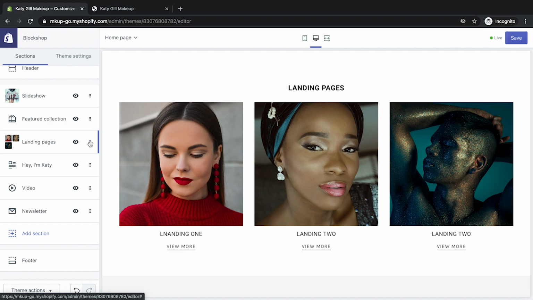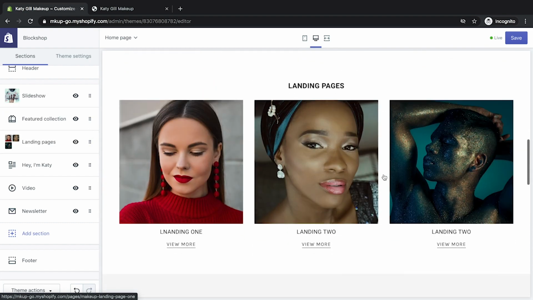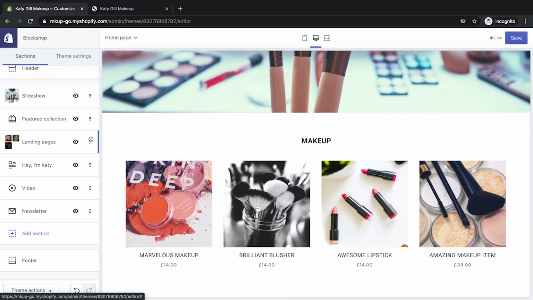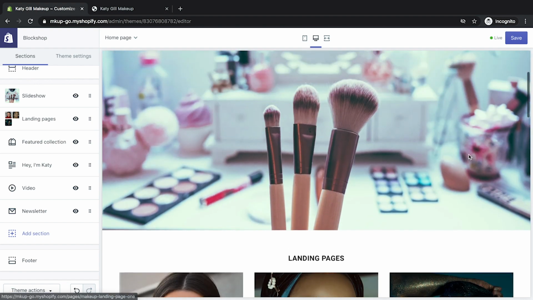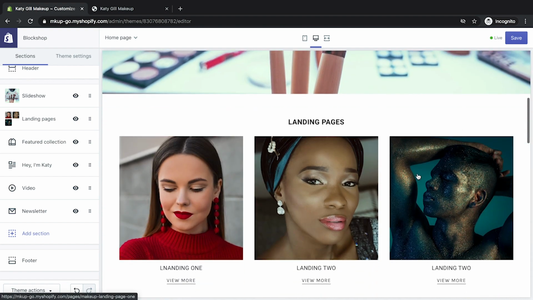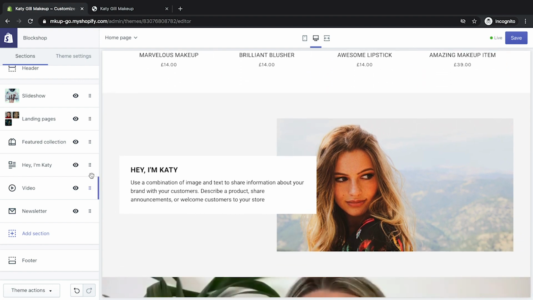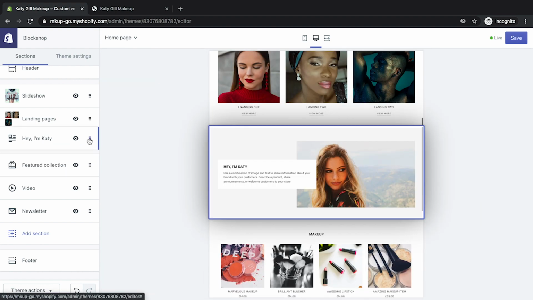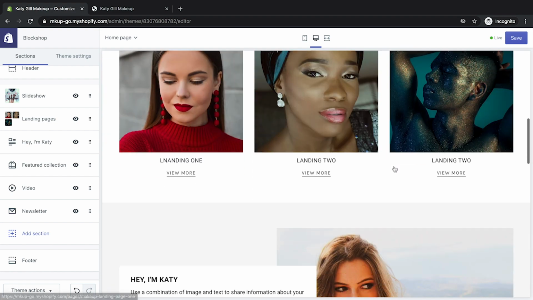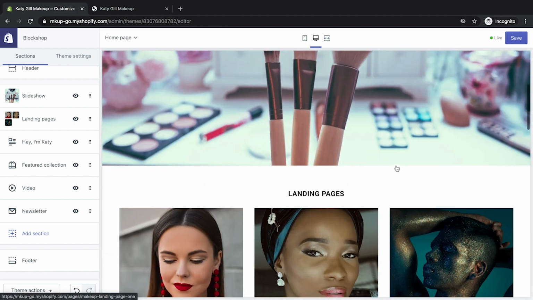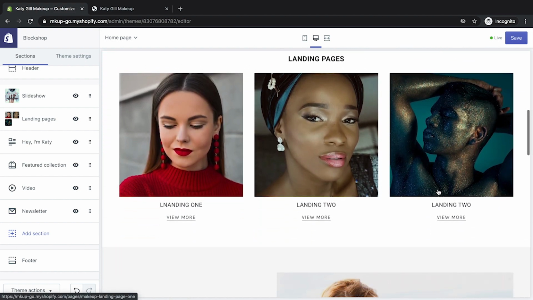So I think they should actually be above the products. There we go. Let me just do that again. There we go. So you go into a hero image, you hit the landing pages. Then let's actually have a little bit about Katie. We'll move that over here. That's great. So we split it up a little bit, so we've not got blocks over blocks that are square